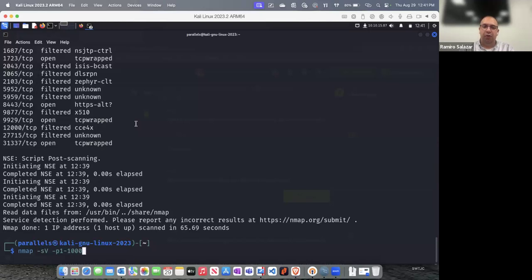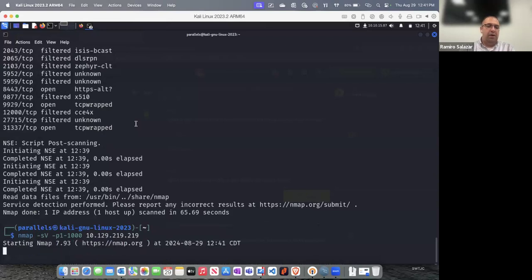I want to scan 1,000 ports and see what's open on 10.129.219.219 and hit enter. So this may take a while because I'm not just scanning a few ports, I'm scanning